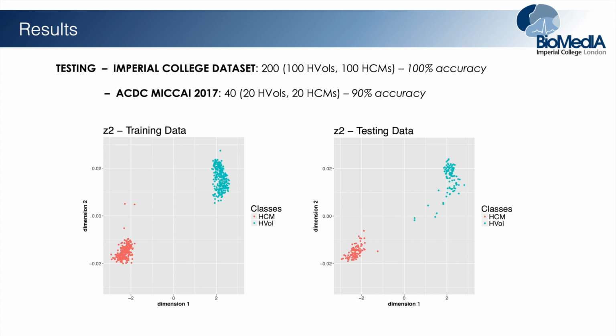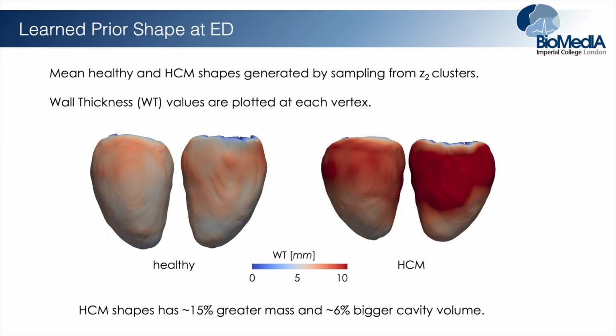So we can actually see what anatomical information is encoded by this latent space. In particular, you can sample from this latent space and get different segmentations. What we found is that there is little variability within these 2 clusters in this latent space, while the 2 clusters encode very different shapes. In particular, if you get an average shape per cluster, you can compute the corresponding mesh. As you can see here, we have found 2 very different shapes for the healthy and the HCM